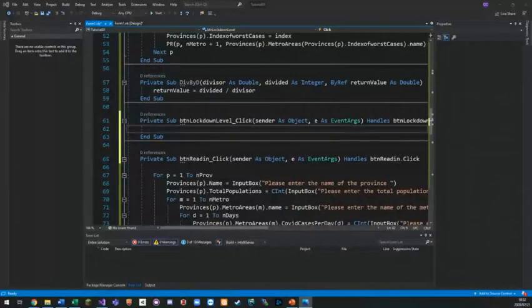Because this one will get a bit confusing in terms of what you're dividing, what you're working with. And so I want to